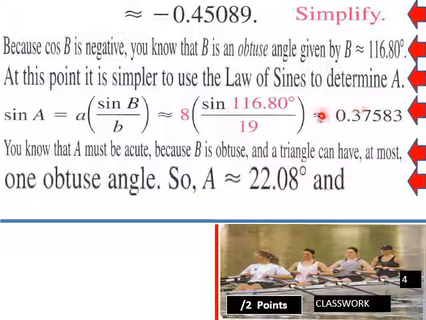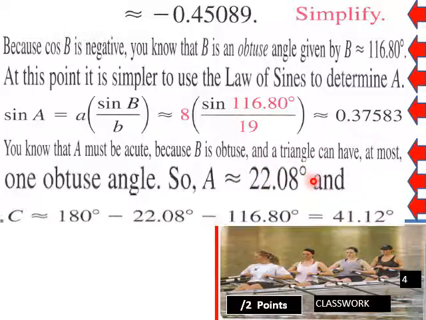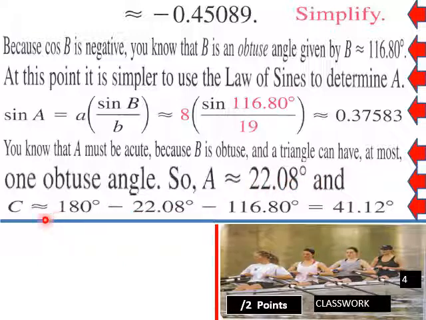So when you do your inverse on your calculator, you find this equals 22.08 degrees, and now we can find our other angle here. 180 minus 22.08 minus 116.80 equals